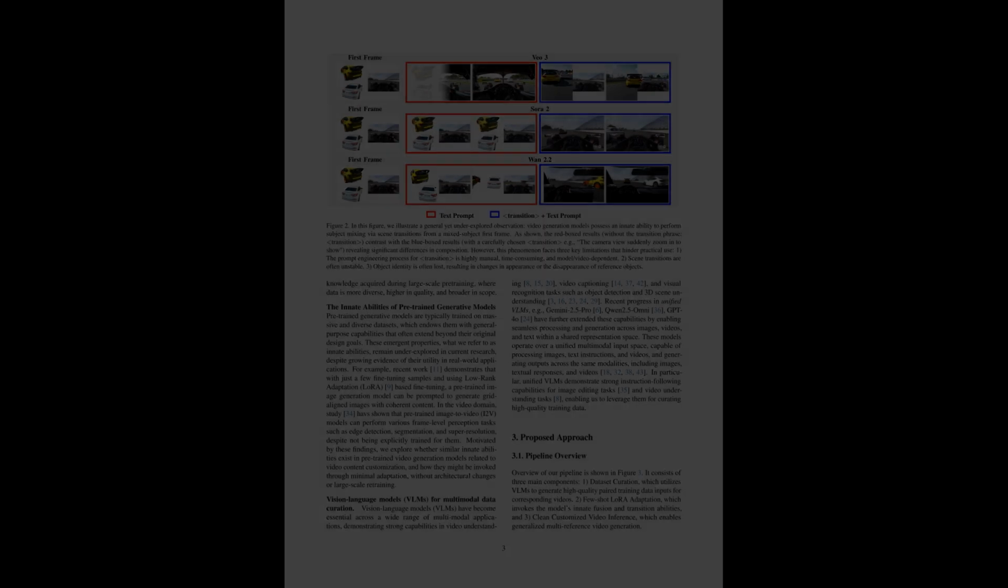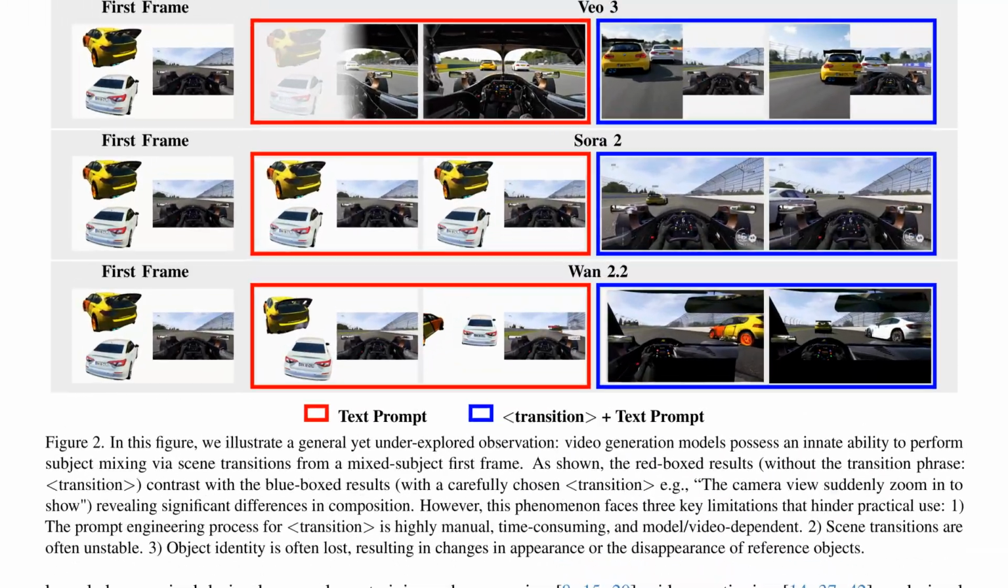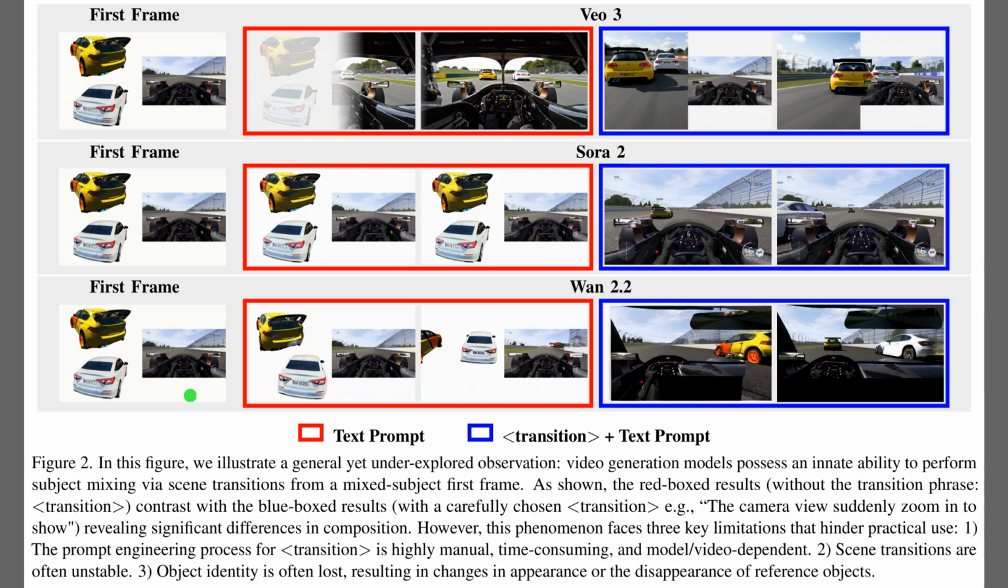customization. So while Figure 1 highlighted what the method can do, Figure 2 explains that standard video generators already have a hidden talent for mixing subjects from a composite first frame. The figure compares red boxes driven only by a text prompt with blue boxes that also include a transition phrase, a short description of how the camera should move. With that extra phrase, all three models suddenly align the cars into one coherent racing scene. However, the results show that this behavior is fragile because small wording changes make transitions unstable and objects sometimes vanish